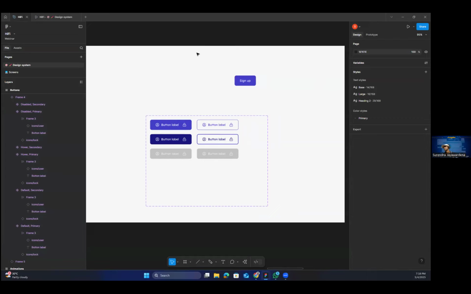Now, as I told you, there are so many variations you need to do for buttons when it comes to maintaining a proper design system. So maybe we don't have time to cover all of them. I think now we can move to creating a form field element. Let's see